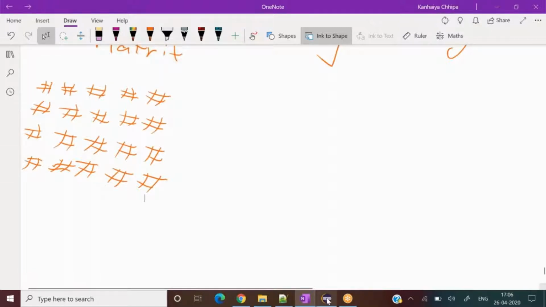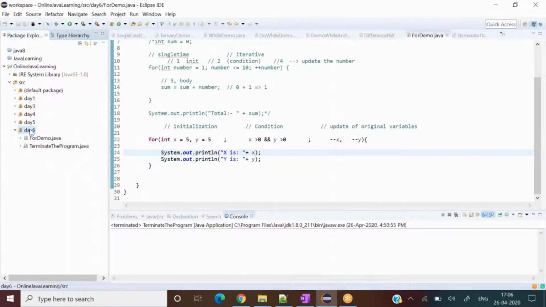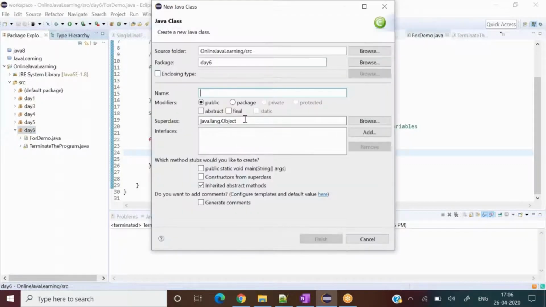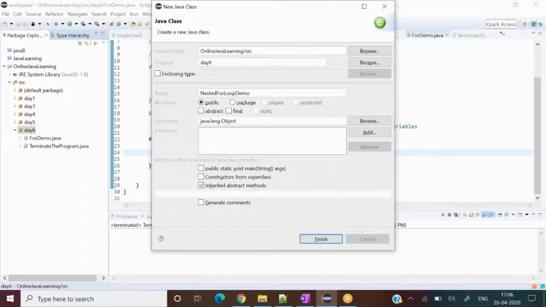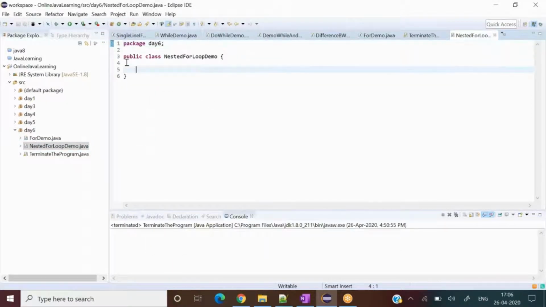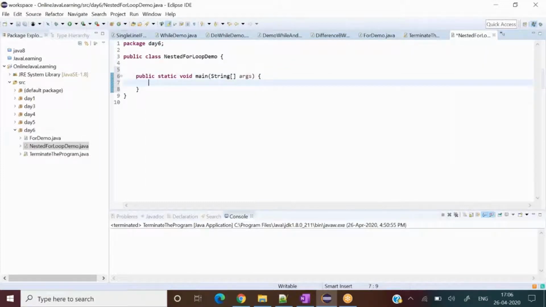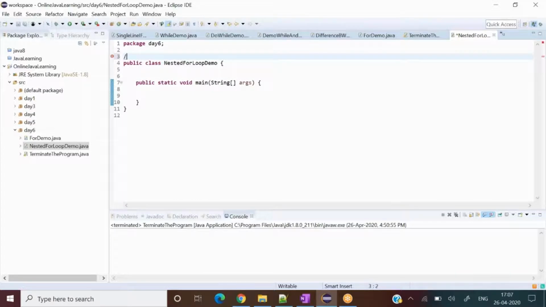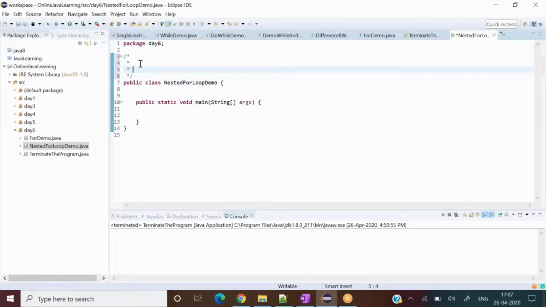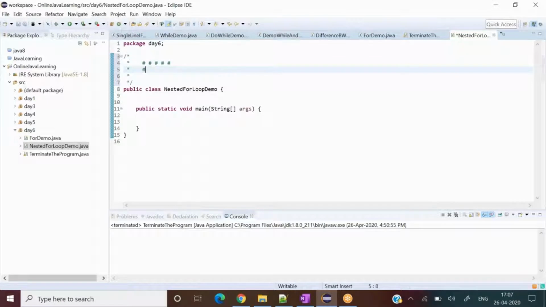So now let me create a new program. Okay, nested for loop demo. I'm in the main, and what was my use case? My use case was this: I have to print that hash 5 times this way and 5 times here.